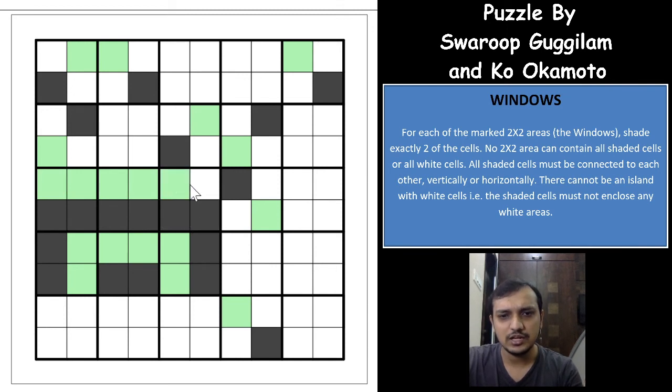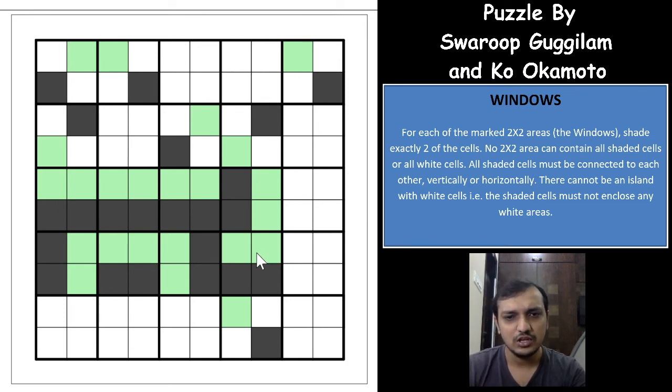So that gives us a very good logic here. If you see, with the help of that logic, we are able to mark a very good amount of cells. We have just extended this black cell and then tried not to form a checkerboard pattern. With the help of that, we are able to get this, right? And again a checkerboard pattern is formed here. So this has to be black, this has to be black, this has to be white,